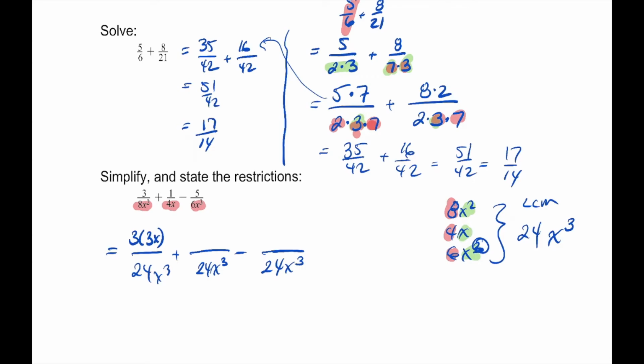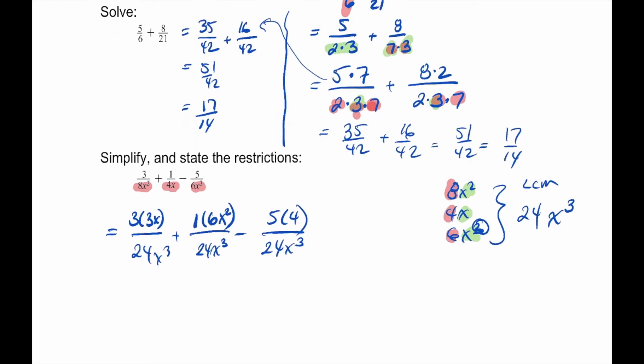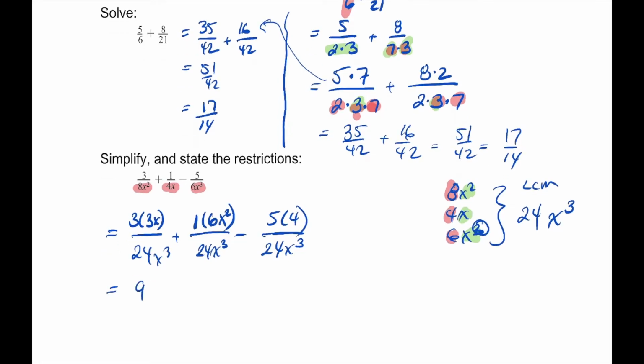So the next one is we have a 1. I just write this out, but we just recognize that whatever we're going to multiply, that's going to be, here, 4 into 24 is going to be 6, and then x into x cubed is going to be x squared. So we'll multiply the numerator there by 6x squared. And finally, the last term that we have is 5 over 6x cubed. Where we have an x cubed, we really need to multiply the numerator by 4. So finally, we're going to get 9x